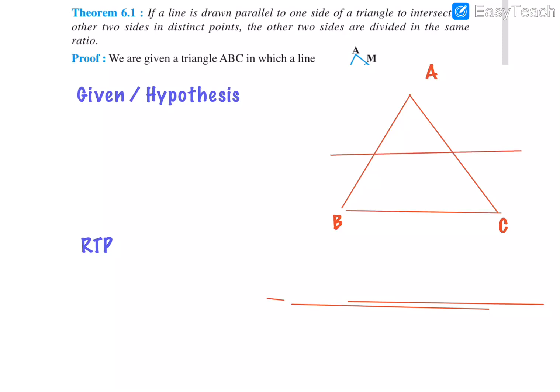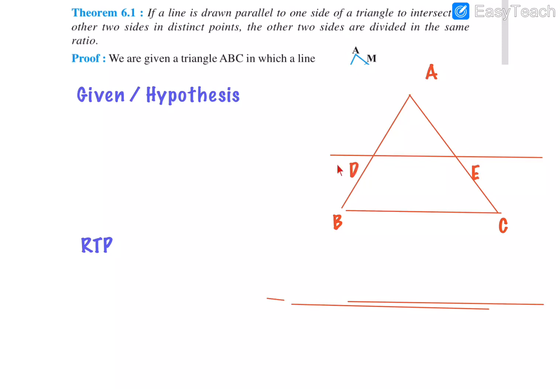So it must be somewhere here, parallel to BC. We are drawing a line parallel to BC, which intersects the other two sides, AB and AC, at two distinct points. Let's name those points